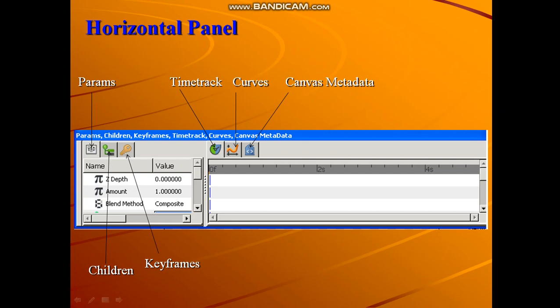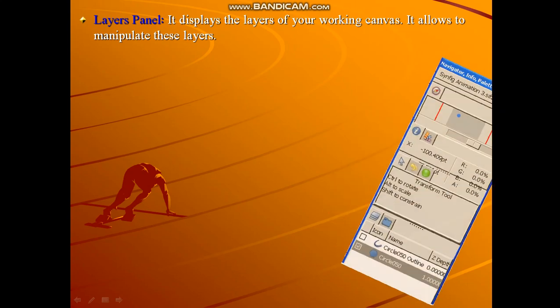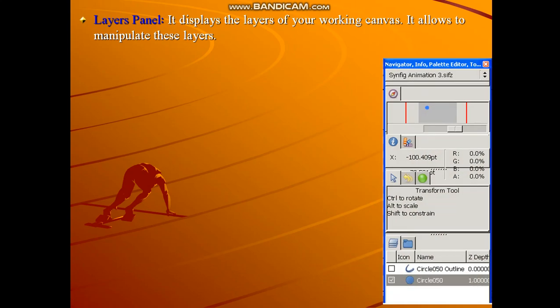So there are two panel groups, the horizontal panel group and the vertical panel group. The layers panel displays the layers of your working canvas. It allows you to manipulate these layers. So this is the layers panel.